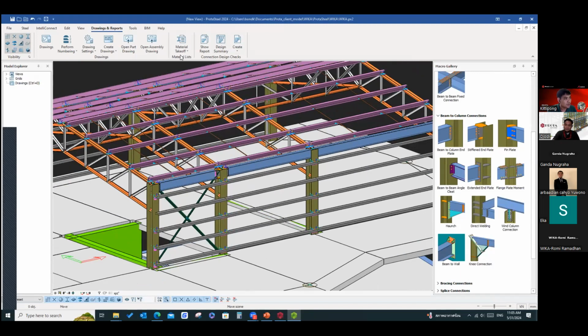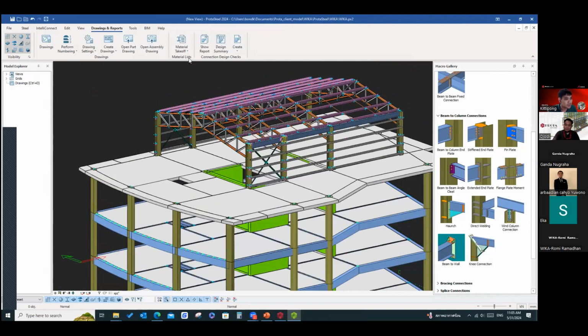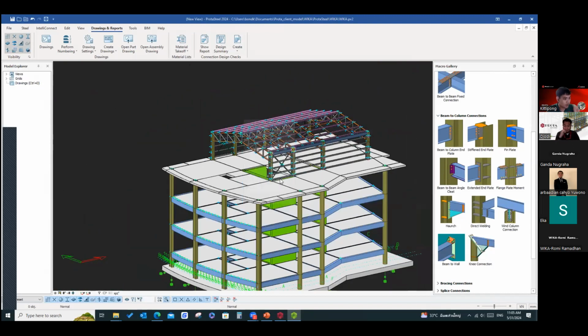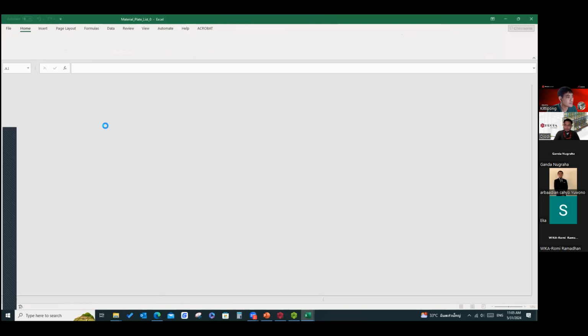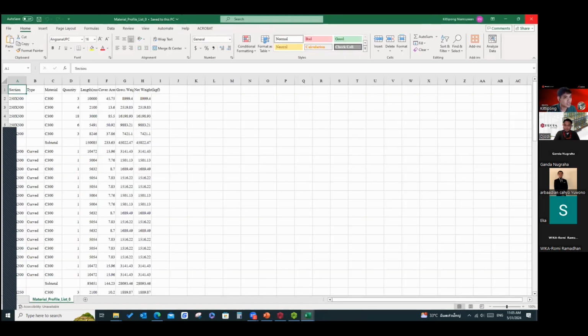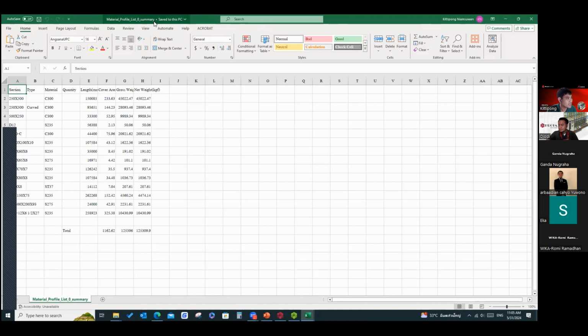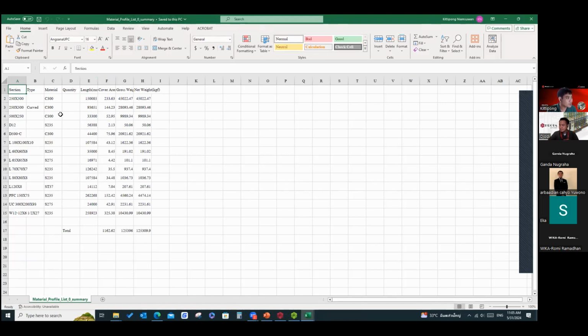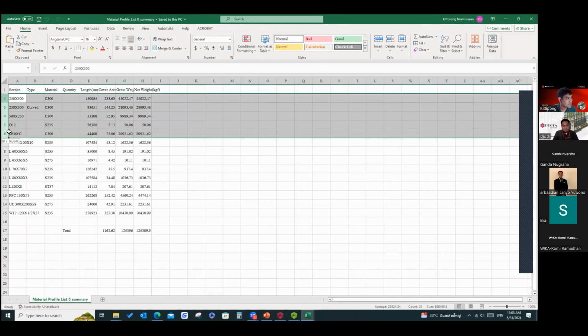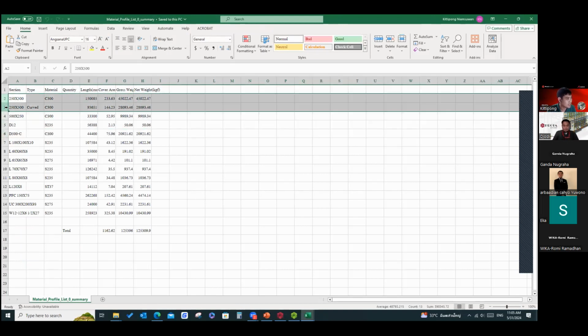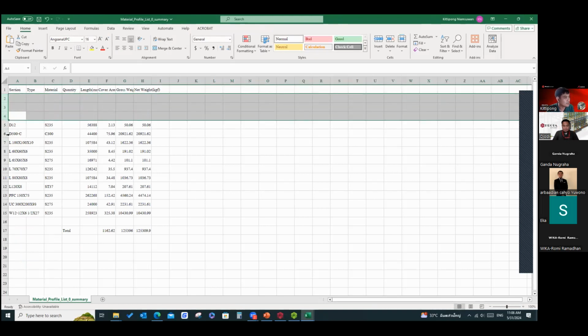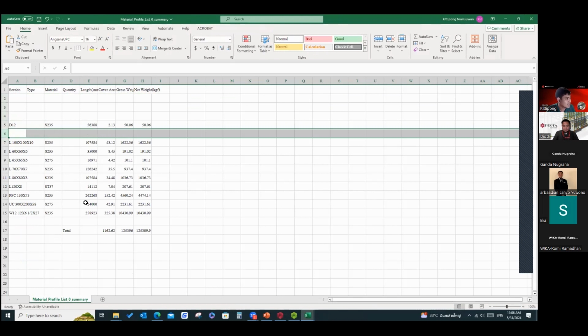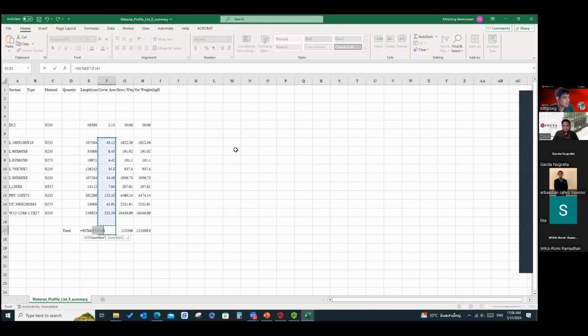Another thing is the material takeoff. You can check all the material like this. Let's check the summary. Before you take off for the steel structure, you have to delete the concrete first, because it will take off everything. So I delete the concrete and summarize just for the steel.